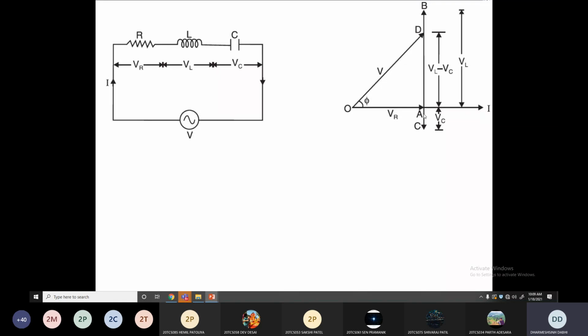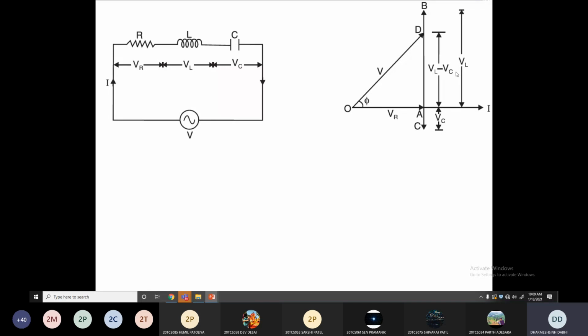So draw the vector of AC with a large length as compared to the vector of AB, whatever the value of L and C. The voltage across L and C depends upon the value of L and C. Clear? So here we assume the voltage across the inductor is more as compared to the capacitor. So for this case, I drew the vector diagram here, and that's why the VC vector length is smaller as compared to the vector VL.